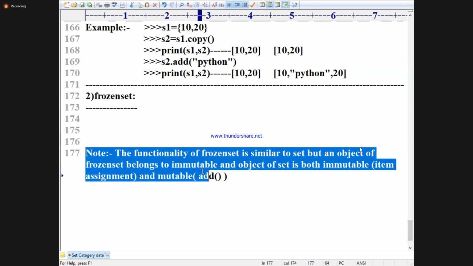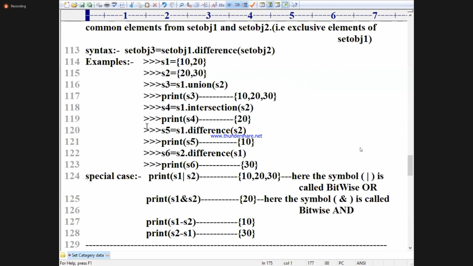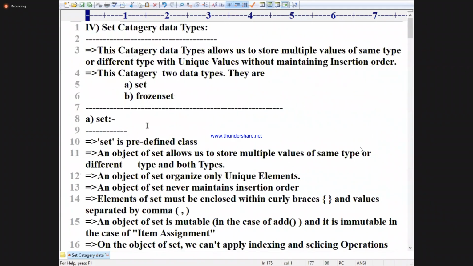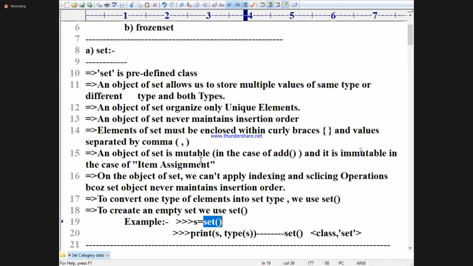But as a teacher, like a website, I don't want to write only this point, because you are appearing tomorrow for an interview. Maybe the student was absent in the last class or something. So I want to bring all the points of set as they are to frozen set. The set elements must be included within curly braces, and the default set is created by using the set function. Are you getting my point? Similarly, frozen set does not contain any notation for enclosing the elements. Curly brace concept is not there. Square brace concept is not there. Braces concept is not there. There is no notation for frozen set.